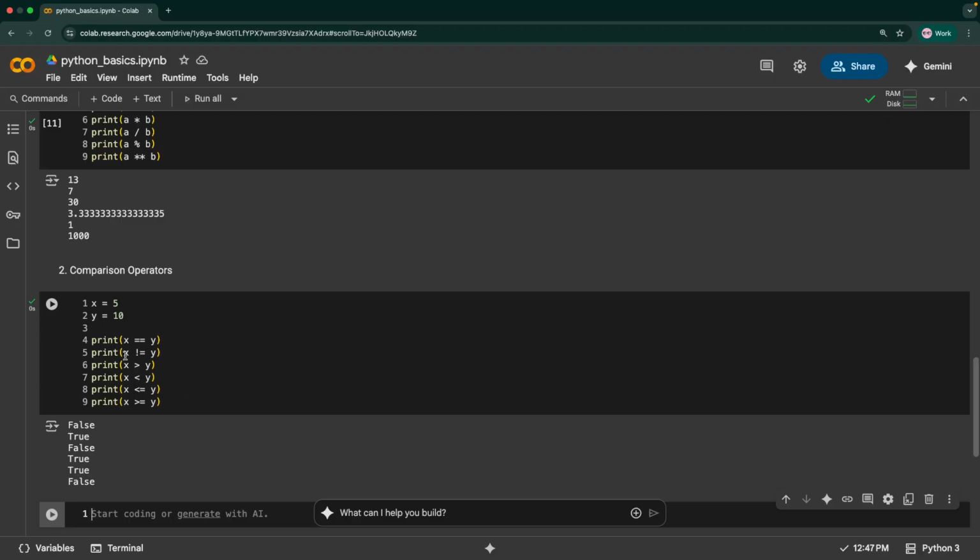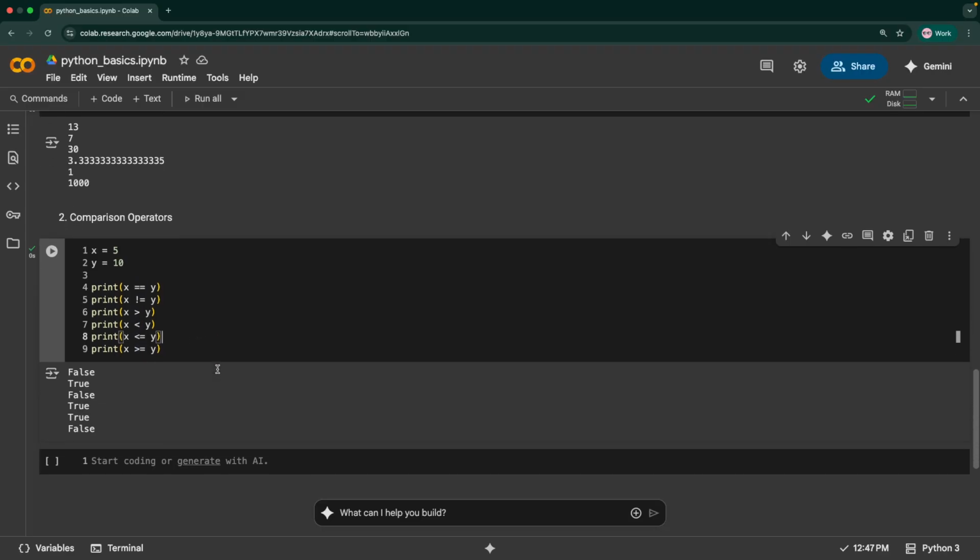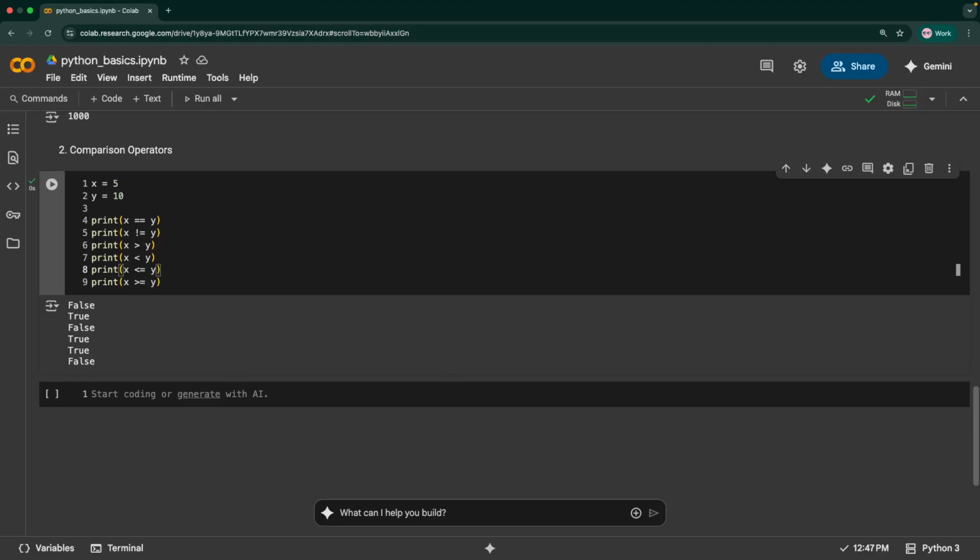So let's run this. So first x is equal to y, which is not the case, so this returns a false. And then this checks whether x is not equal to y, so that's why it became true. And then we are checking x is greater than y, so x is not greater than y because it's a smaller number, right? So this would give a false. And here x is less than y, and so on. So you have equal to, not equal to, greater than, less than or equal to, and greater than or equal to. So you can have all these comparison operators. So these are the other basic operators that we have. So the next operator that we are going to discuss is the logical operators.